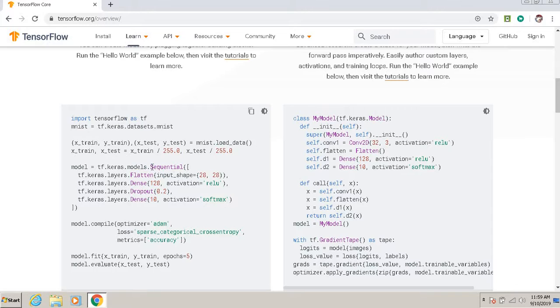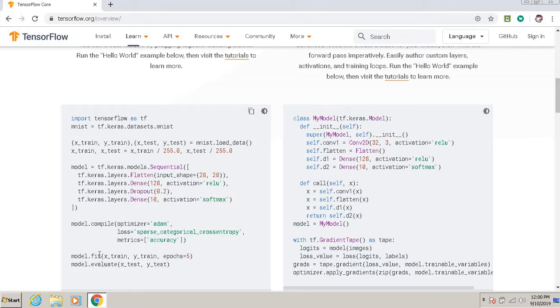After this model is declared, we'll compile this model. So for compiling the model, we are using one of the optimizers. We can use any optimizer, but here we are using Adam optimizer. And for loss, actually loss is what? The previous and the current. So we go for sparse categorical cross entropy, where we are taking the metric accuracy.